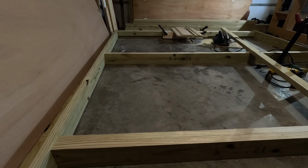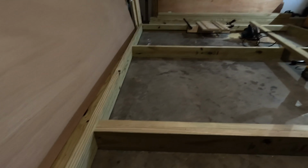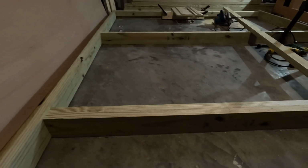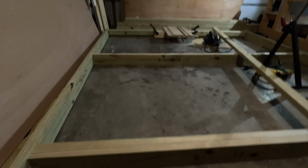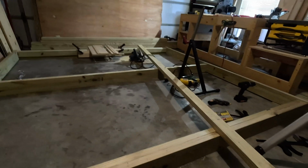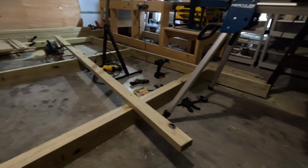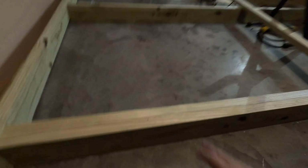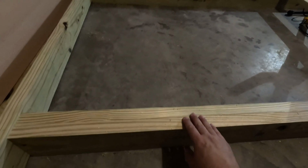Alright, building of the platform is continuing. I have this side piece, the 10-foot side piece. I have 3 of the 8-foot long 2x6s, and I have the other 10-foot long side piece over there. And I've doubled up the back 2x6 with the 2x4 here, and I did the same thing with the front